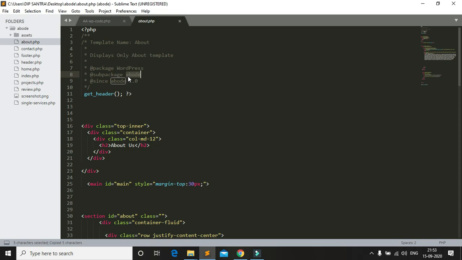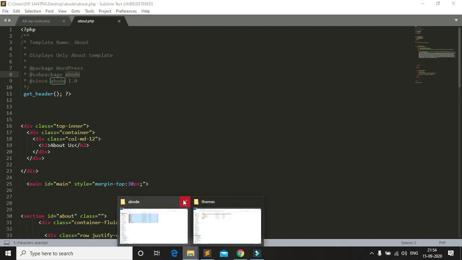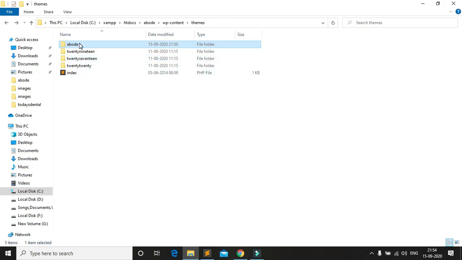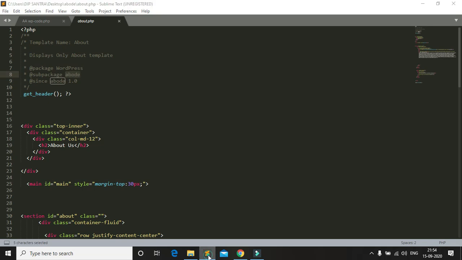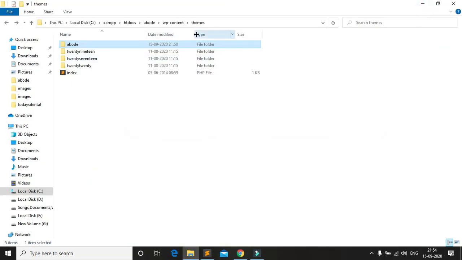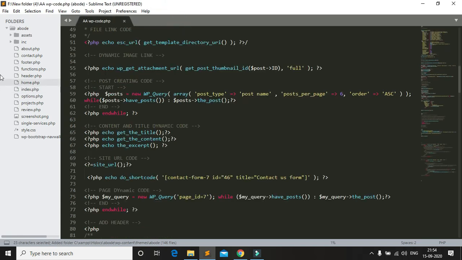So I need to change the files. Okay, so this is the desktop file. I open this file. I copy it here, and you can see I need to change some file names.